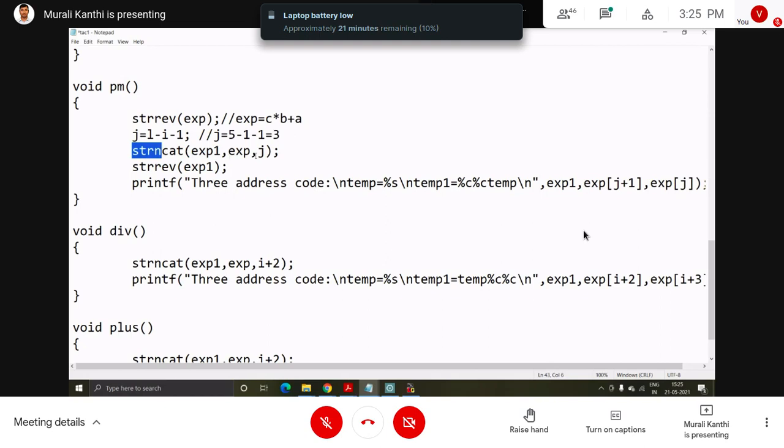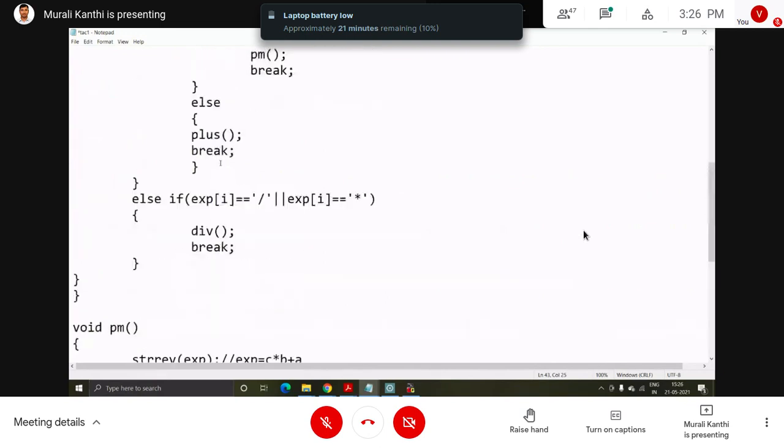Whatever the number given, 3 characters or 2 characters or 5 characters, those many characters are appended to this first string. Here j is 3, so 3 characters of this exp. So exp, how many? 3 characters, 1 2 3, so only these C with exp1.